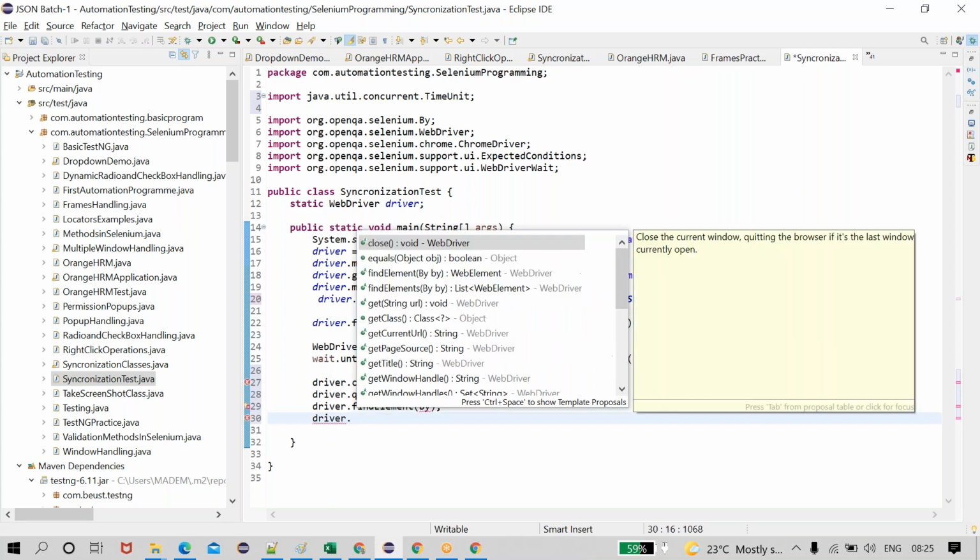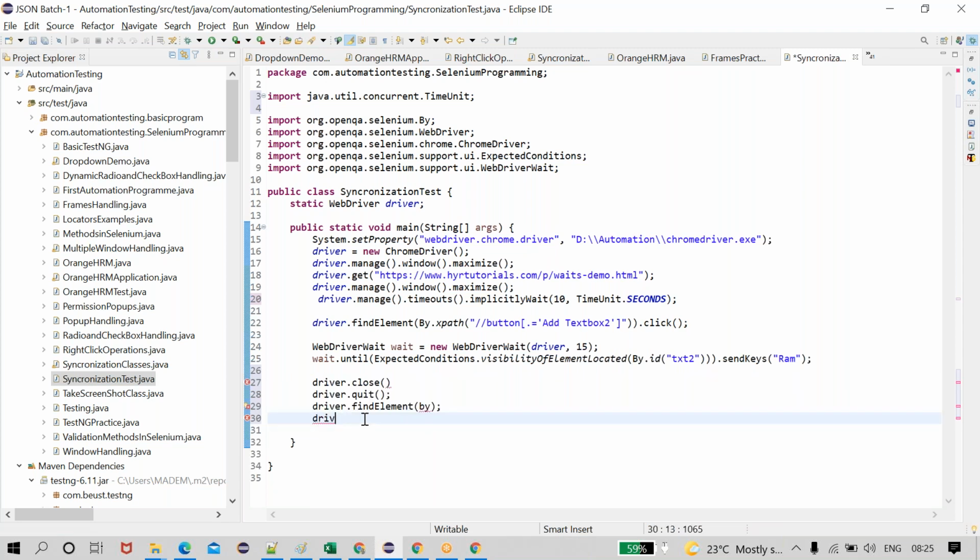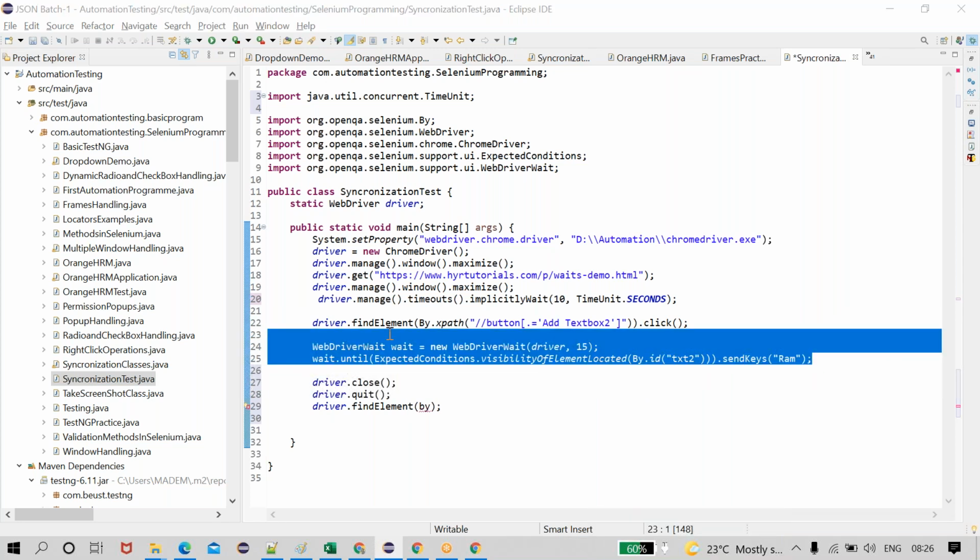If I write hundreds of lines of code, wherever the driver is there, the implicit wait is entirely applicable. Okay, Rashekar? Whereas explicit wait is particular to some elements.